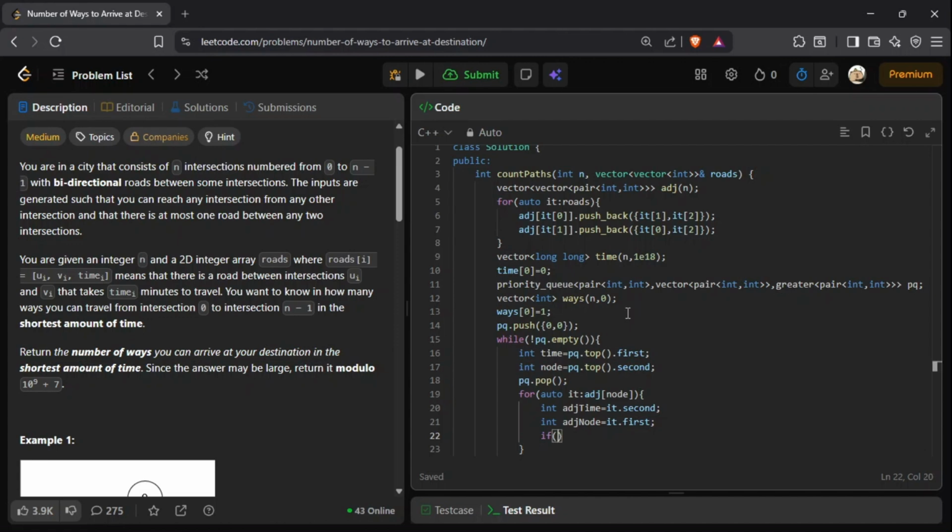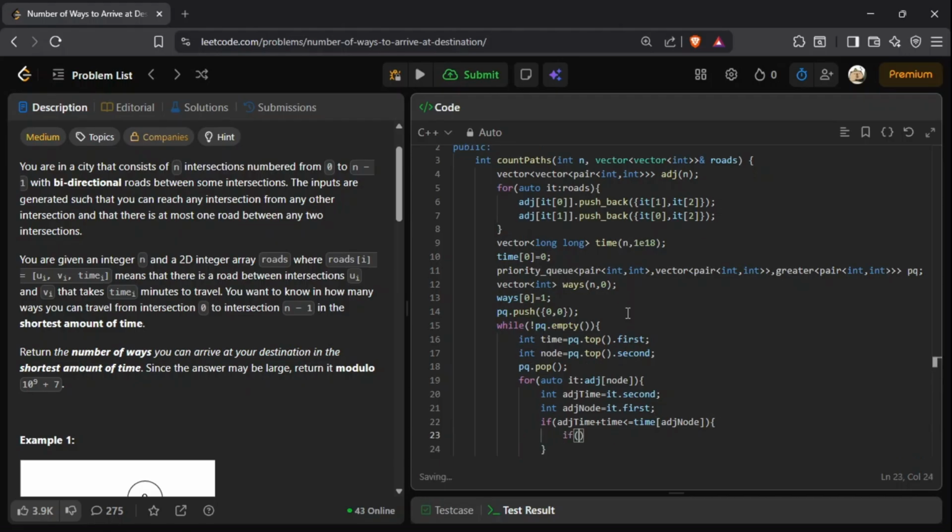So if the adjacent time plus the time is less than or equal to the time of that adjacent node, then only move forward. And if this value, adjacent time plus time, is equal to the time of adjacent node, which means it is the shortest path, the minimum one,